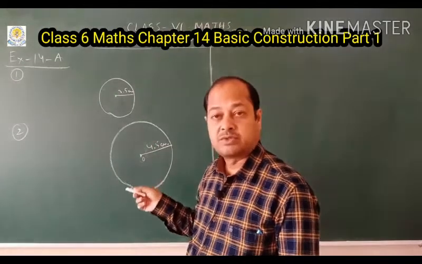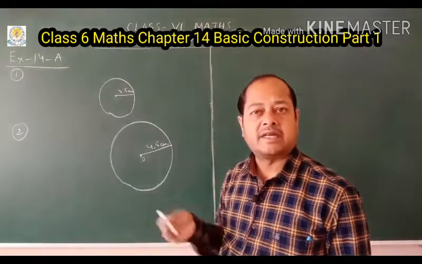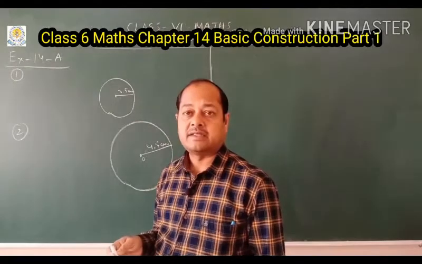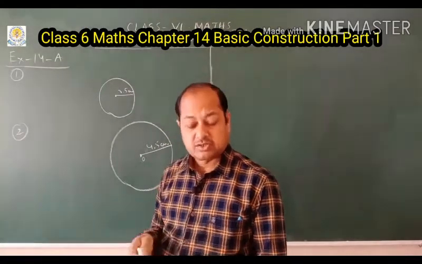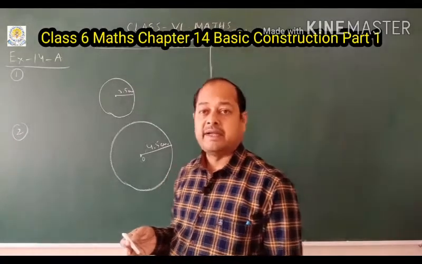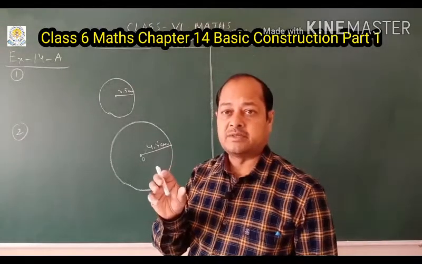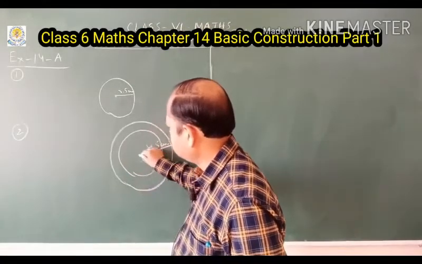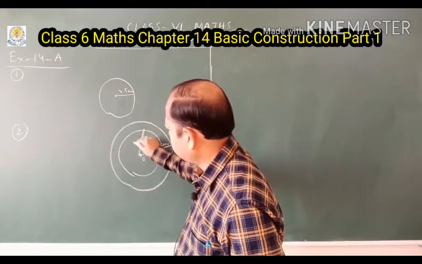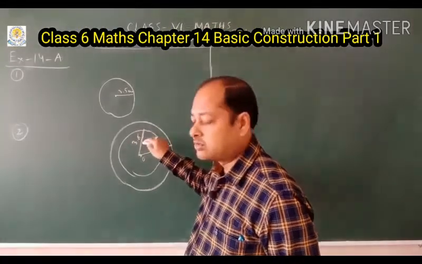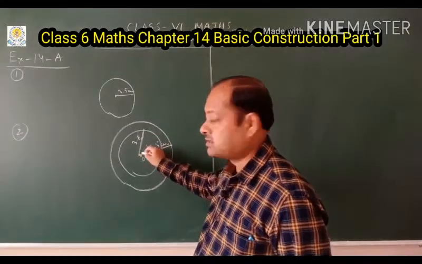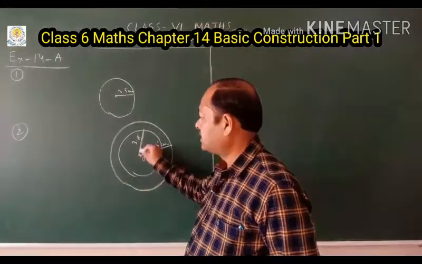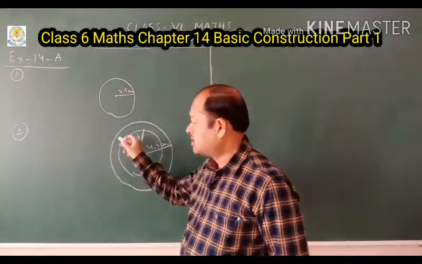So you have to draw 2 more circles of radii. The plural of radius is radii. What is the spelling? R-A-D-I-I, radii. The spelling of radii means the plural of radius. What radius is given next? 3.8 centimeter. Again you measure 3.8 centimeter on the scale and draw a circle using the same center. Suppose this is 3.8 centimeter. This is called a concentric circle, means using the same center you can draw many circles, that is called concentric circles. Here 3.8 centimeter is the radius of this circle.